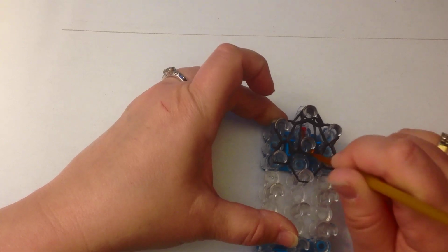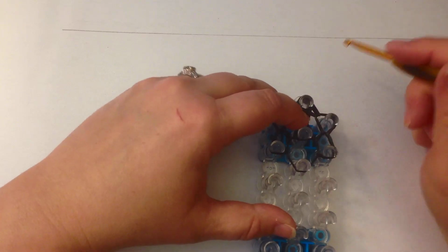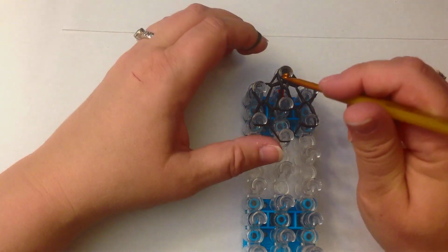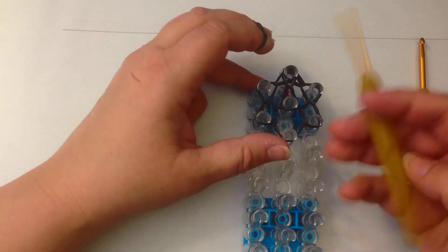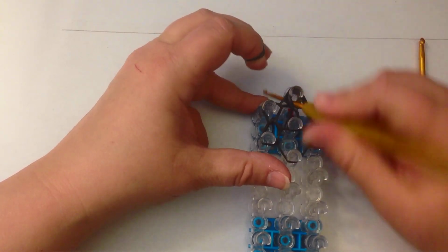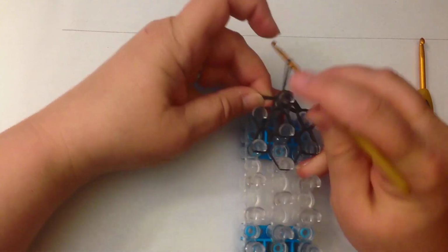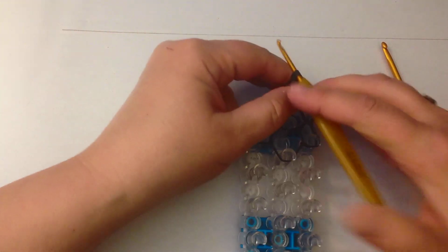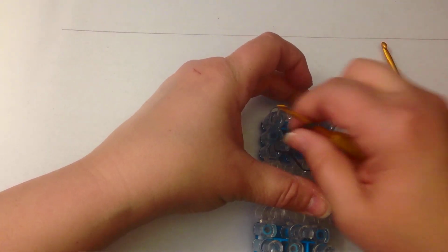Always push the crossover bands back with the back of your hook so that you can expose these bands, the 2 bands that you need to loop up. We're going to take a single band, figure 8, loop it on itself, and this is what we're going to tie off with. Now I'm going to tie off using a different hook because I'm going to use that as a holding hook. So I'm going to place my band through here and drag it up and to the back side of this peg. And I'm not going to tie it off, I'm just going to leave it on my hook like that and gently ease this off the loom